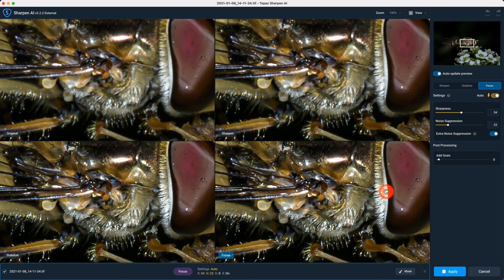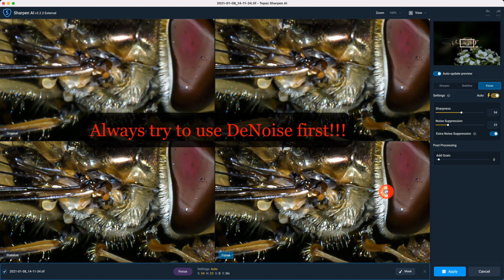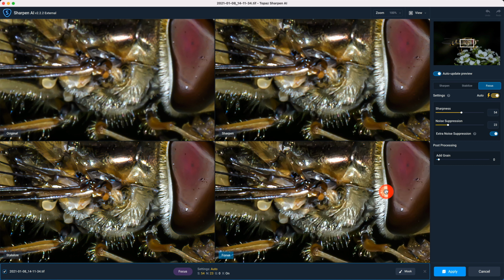But the point is, in case you need noise reduction over and above your raw processor, for example, high ISO shots, always try and denoise first. If you do a sharpen or a gigapixel first, that will definitely put the denoise algorithms off.